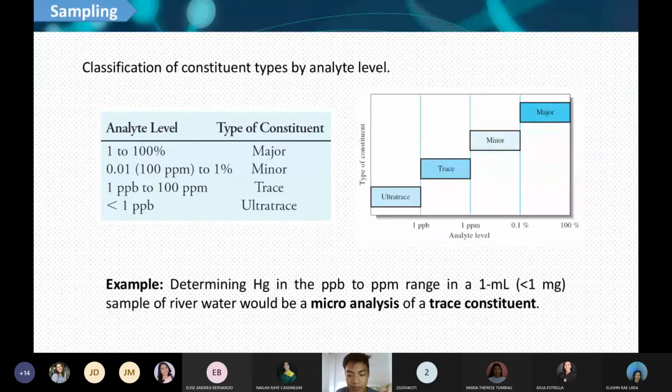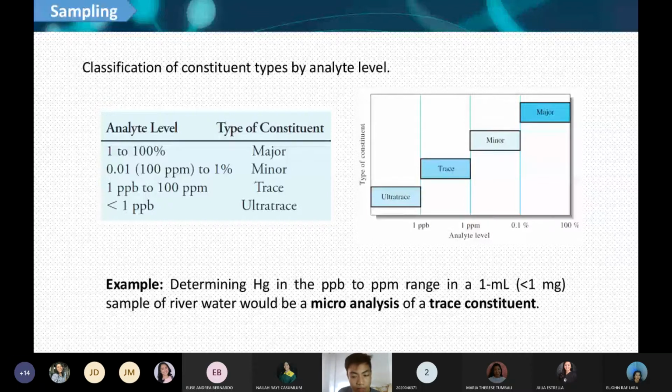Also, depending on the amount of the matter you are analyzing in your sample, we can classify them as whether they are major, minor, trace, or ultra trace constituents. So when it is a major constituent, that means it comprises most of your sample. But as the concentration of your solute in your solution or sample